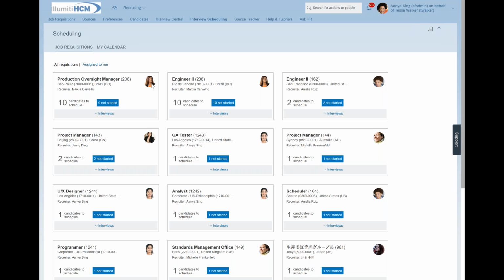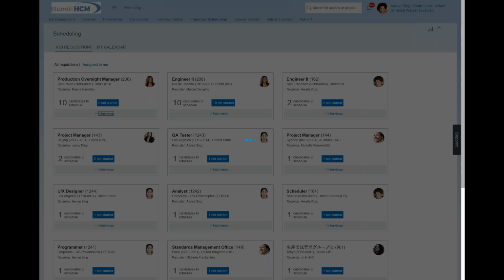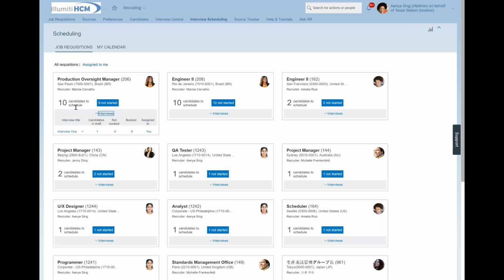Here on the right-hand side, you can see the picture of the recruiter assigned to this particular task. You can see the location where the task should be performed, and then what the current status is. I have 10 candidates that need to be scheduled for an interview. 9 have not yet been started.